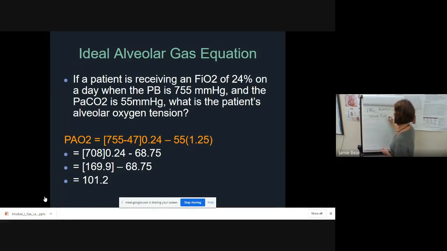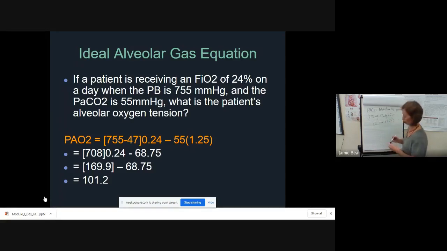This then is going to be multiplied by our FiO2, which here is 24%. Once again, we have to multiply it by 0.24 to convert it from a percentage to a decimal. Then we subtract our PaCO2 of 55 torr, times